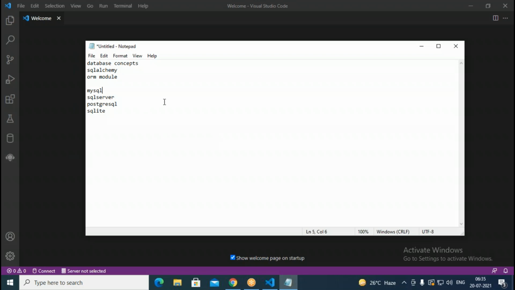Have you installed any of these systems like MySQL or SQL Server or PostgreSQL or SQLite? Do you have any of these databases installed in your system?